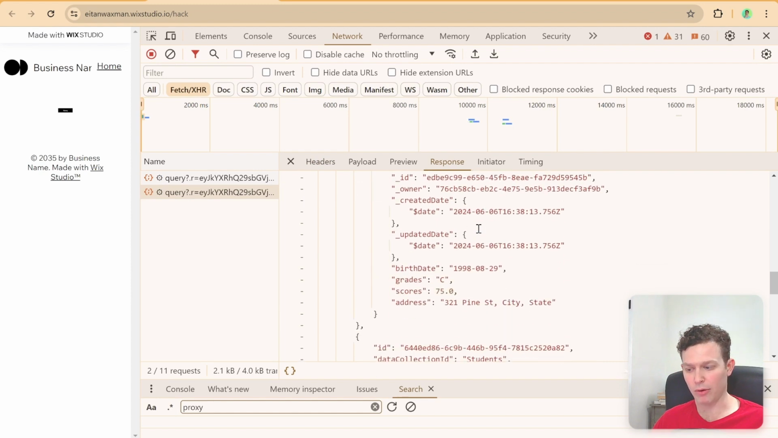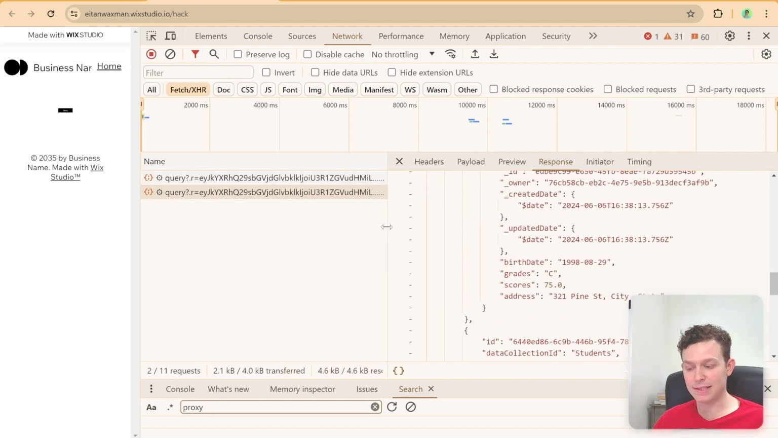So it's a network request. And since this is a network request, essentially we can make this request from anywhere. It doesn't have to happen through Velo on our Wix website. I can make this request from wherever I want, any place that I can make a network request from. So I'm going to be using Postman